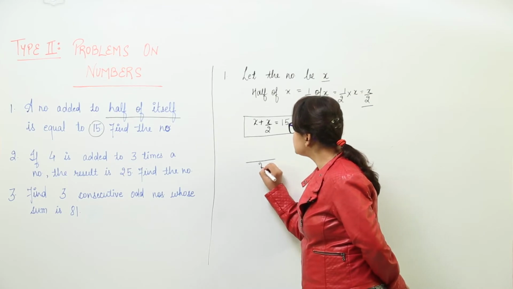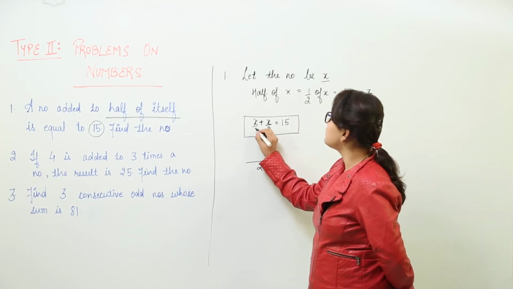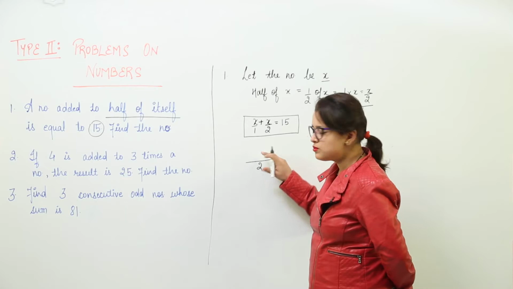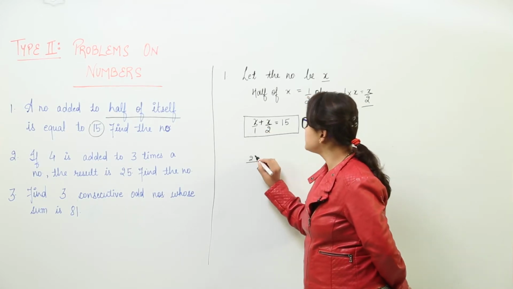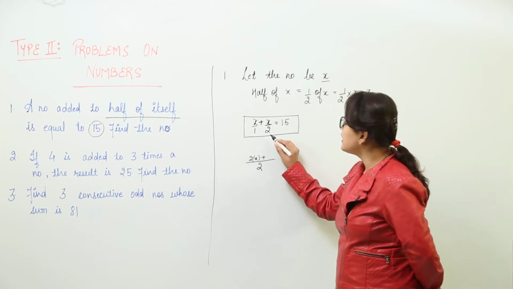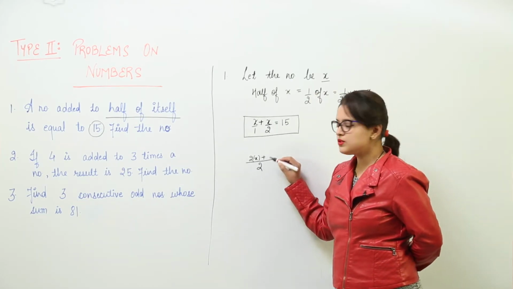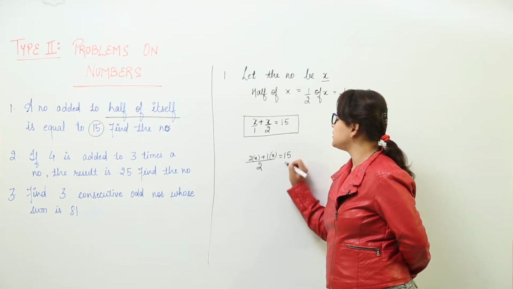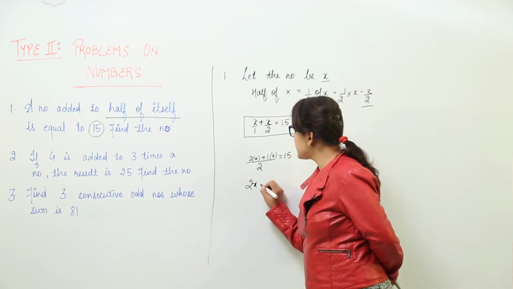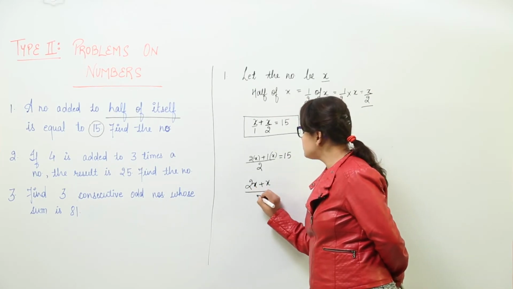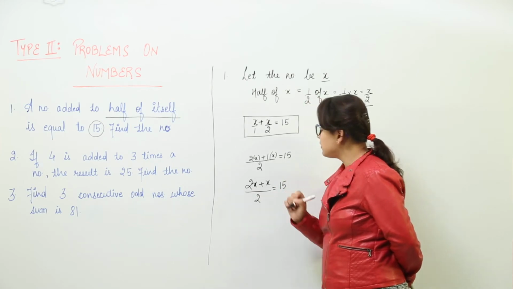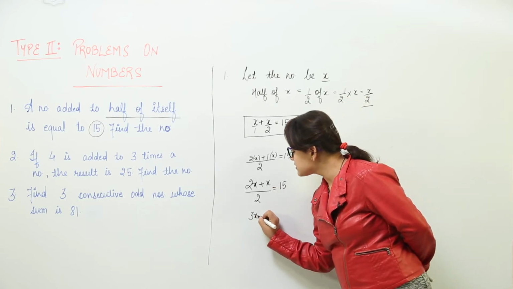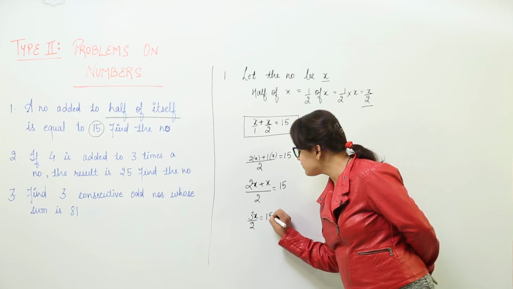We will start taking the LCM on left hand side. You take the LCM on left hand side, the LCM would be 2. Now 1 has to be multiplied with 2 to become 2. So we write 2 and the numerator as it is, that is x, plus again 2 has to be multiplied with 1 to make 2. So we write 1 over here and the numerator as it is equal to 15. Now solving it further, we get 2x plus x over 2 equal to 15. Right? Now we can still simplify it. 2x plus x can become 3x over 2 equal to 15.